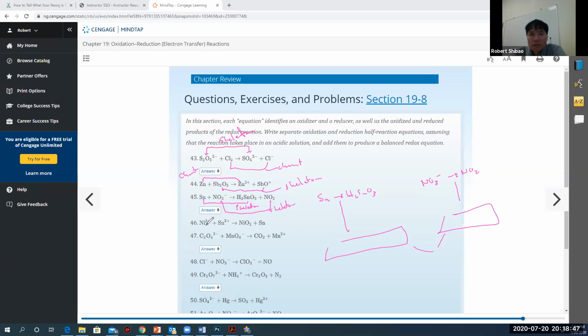All right, nickel 2 going to nickel 4 oxide. This is going to be skeleton. But tin 2 going to tin, that's going to be right off the chart. This is oxalate. Oxalate going to CO2. Oxalate, you can combust to CO2. Oxalate going to CO2, this has got to be skeleton. But permanganate going to manganese 2, that's right on the chart. You know, if we go look at the chart, we just copy it straight off the chart.